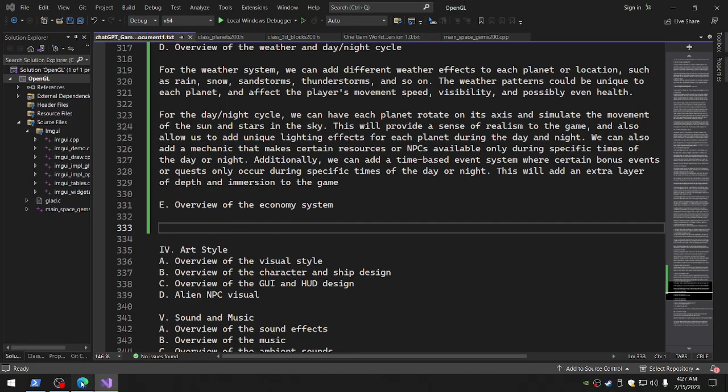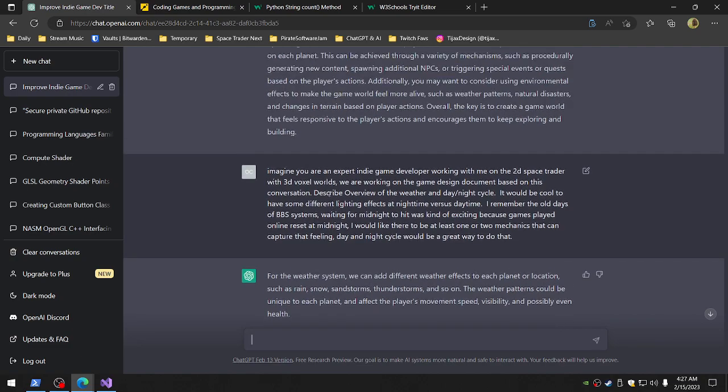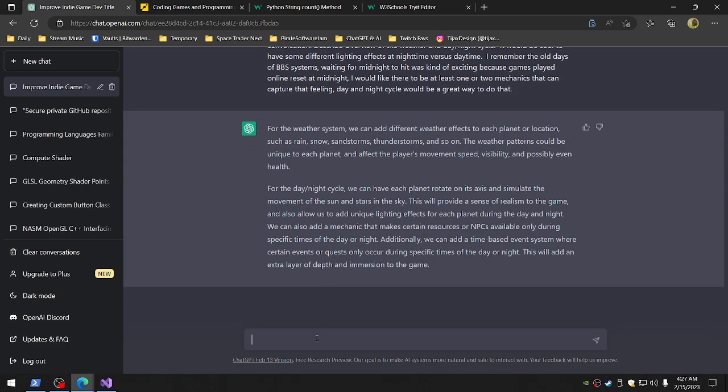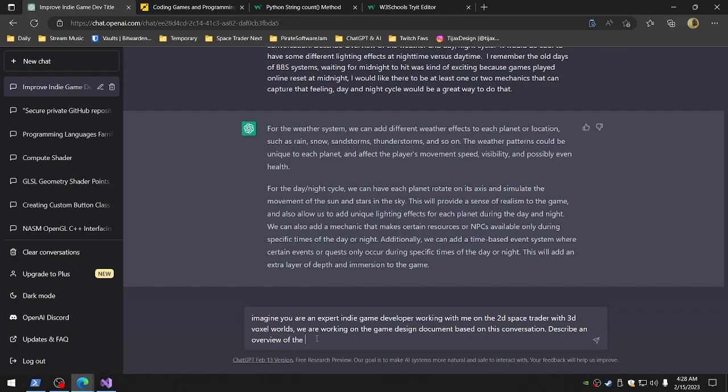Overview the economy system. Alright. Describe. Okay. An overview of the economy system. Is this often used in Python? Yes, they're used often. They're used for making lists. Describe an overview of the economy. Okay, so